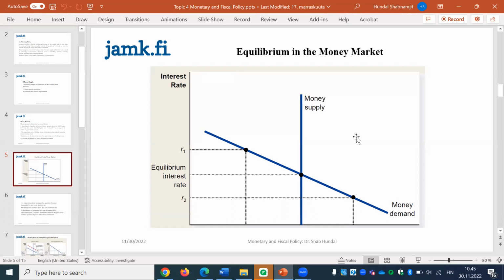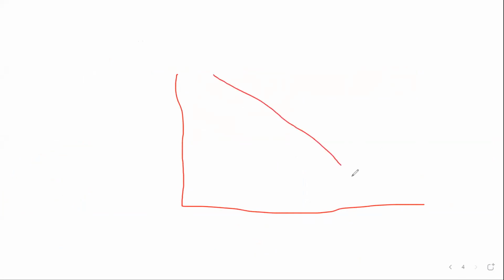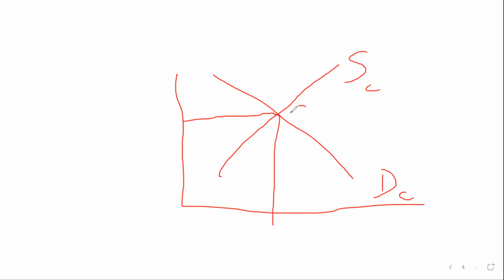And the money supply is a little bit different. Normally, in the price mechanism for chocolates, for example, this is demand for chocolates and this is supply of chocolates. There's an equilibrium where demand and supply are equal. This is the price of chocolate, and this is the total quantity of chocolates available in the market. But unlike this case, you can see now